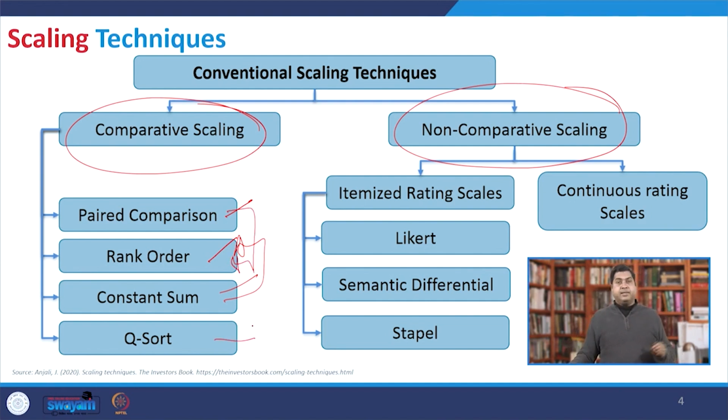Now, there is another type which is referred to as a Q sort, where the sorting is done when the number of items to be measured is huge. In such cases you cannot give those kinds of ranks. Say if there are 5 persons and you know all of their performance, you can give a ranking: 1, 2, 3, 4, 5. But if I say that there are 100 such performances,